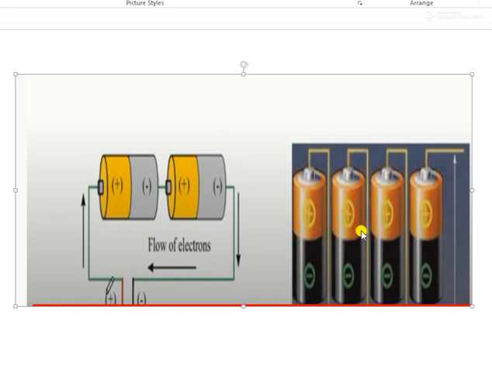Now here parallel. In parallel, what is done here? All cells are attached in a parallel way, all positive together, negative together. But can you see this positive terminal is attached to the negative. Again this positive is attached to the negative. Clear everyone? That means whenever we are connecting the cells, we have to connect opposite charges together to get the electric current. Clear everyone?